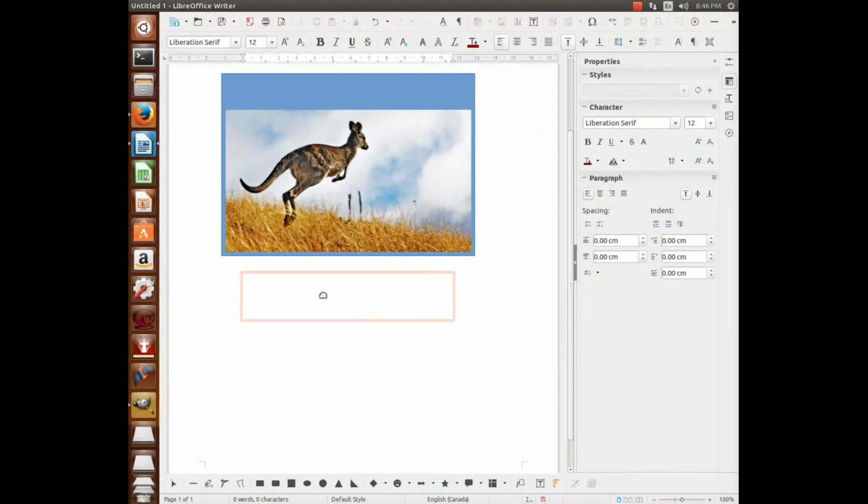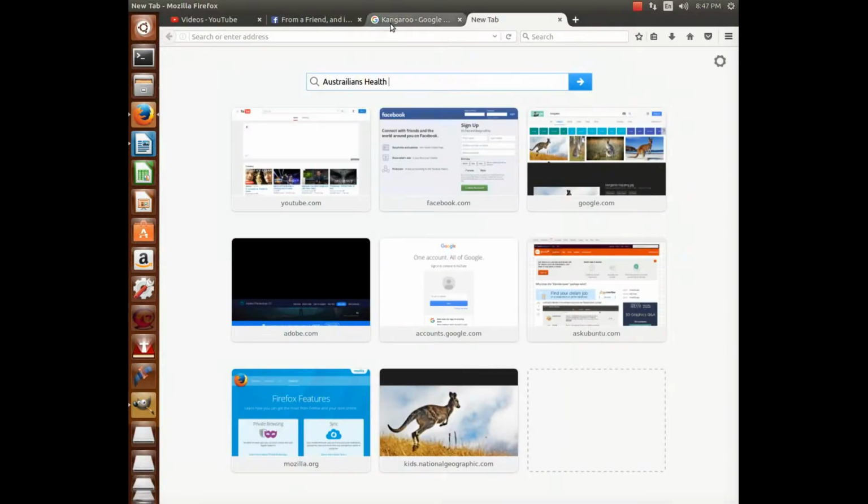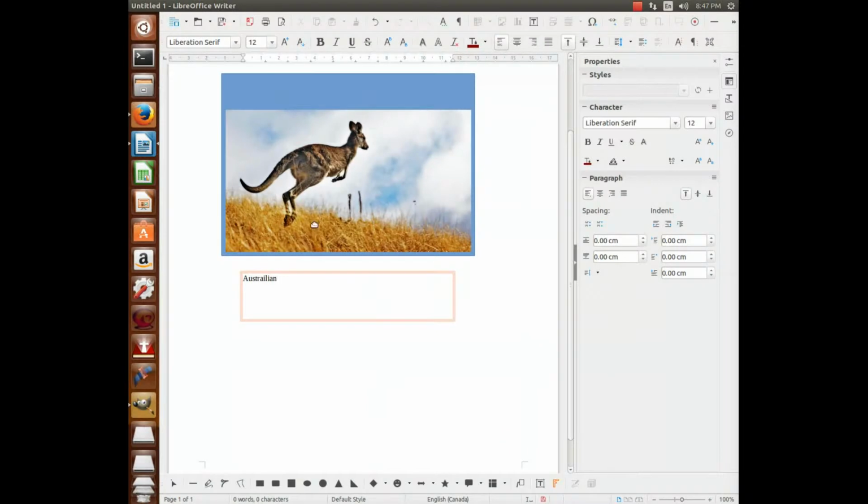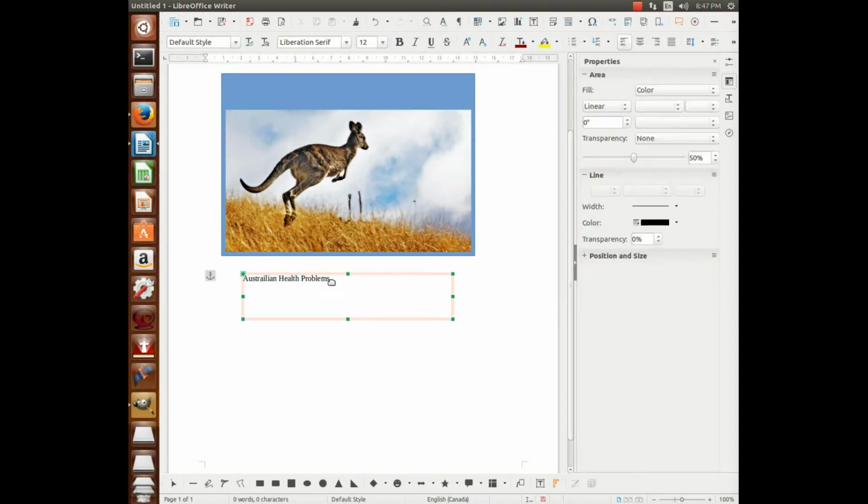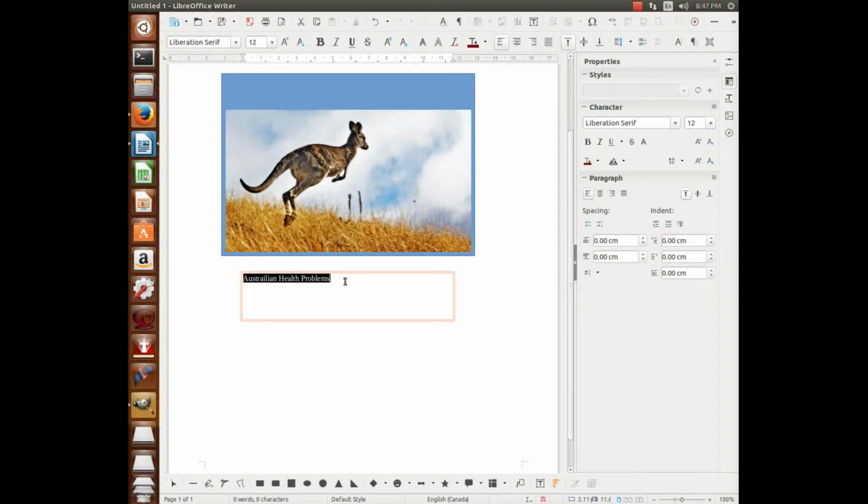I'm going to say, man, did I spell that right? I just spelled it. Okay. All right. Australian health problems. Okay. Now I'm going to double click and then triple click, so two or three clicks, and over here or up